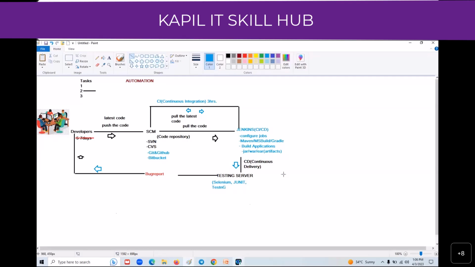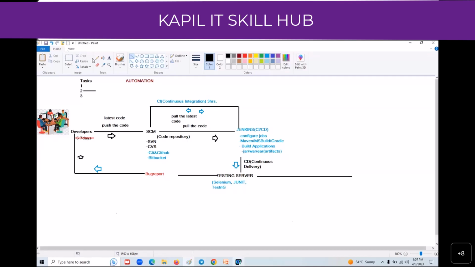Fine. Now we have developed your application here. After that, we need to test your application in real-time scenarios. That means in individual servers we have tested your application, but your ICICI Bank application is not going to be used by 1 or 2 members. Thousands and lakhs of people will be using it. So when thousands and lakhs of people are using it, how it performs in those scenarios, that we need to test.